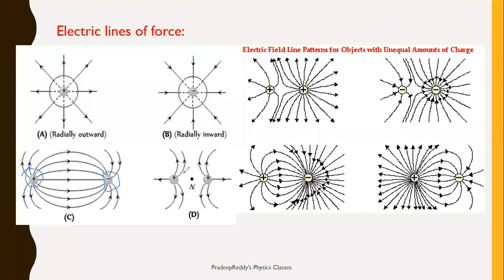Say for example, here there is one more positive charge, right? This is positive. Now considering these 3 as one system, what would happen? Between this positive and this positive, there will be a null point existing, and that null point can be located somewhere nearer to this negative charge, right? So that is how, if there are 3 charges, out of which any 2 are unlike, there is a chance of getting a null point in between those charges.